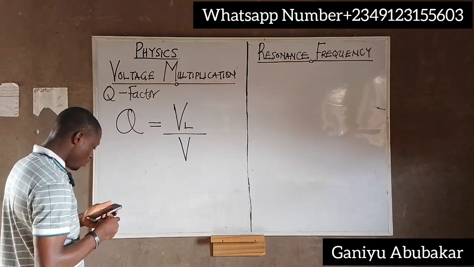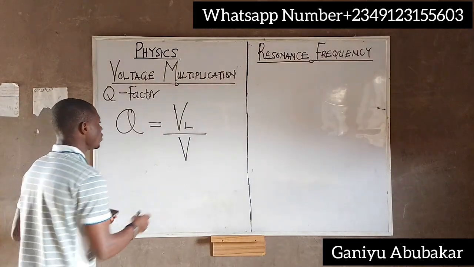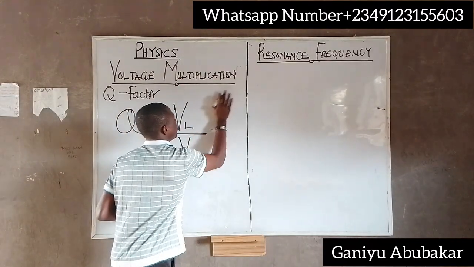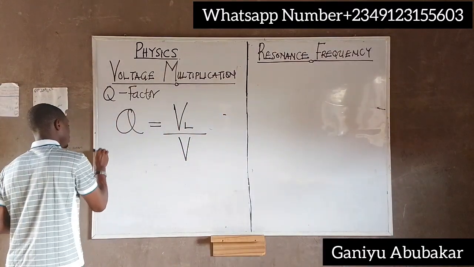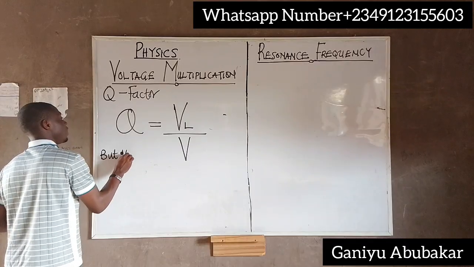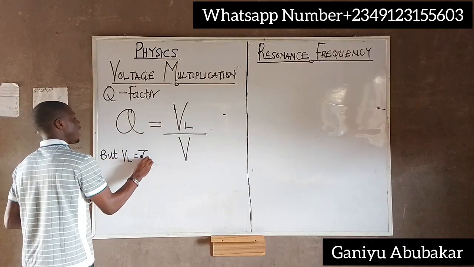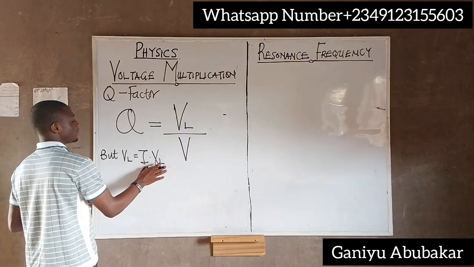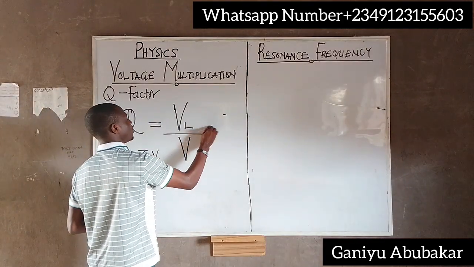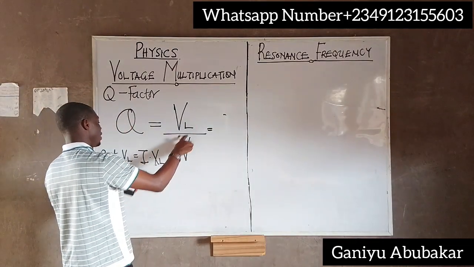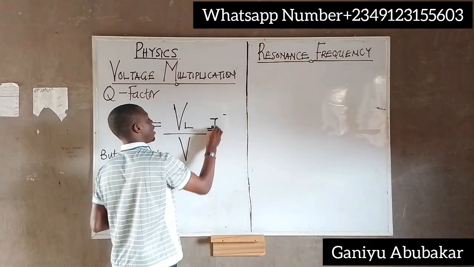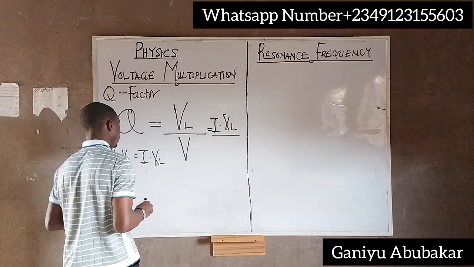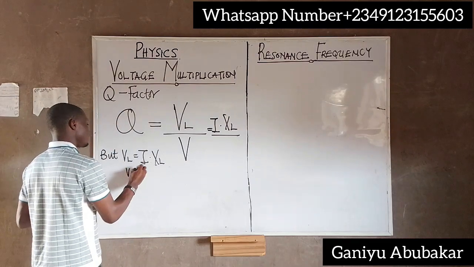Right? So I want to proceed from here. What's VL? We know that VL equals I times XL. So put this into this place. That gives you I times XL all over V. What's V? From Ohm's law, V equals